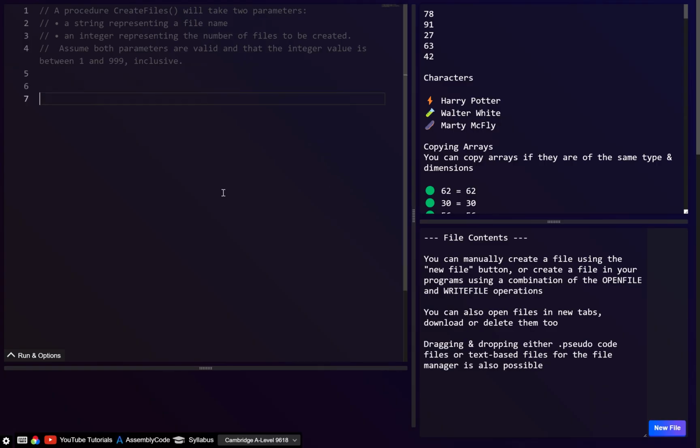Okay, so if we just go ahead and write this, so let's go, CreateFiles. The difficult thing here, to be honest, is let's say, for example, we have 1, it's how we go from 1 to the padded string like this. Now, there's a simple way to do it, which we'll use in this video, just because in the exam you don't have much time. The simple way is only going to work with the number of digits you specify. So for example, here we know 3 digits, so we can make a method that will work